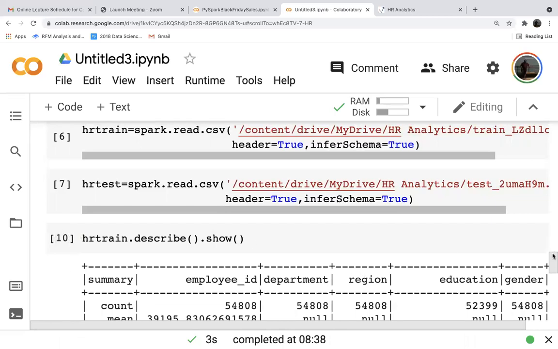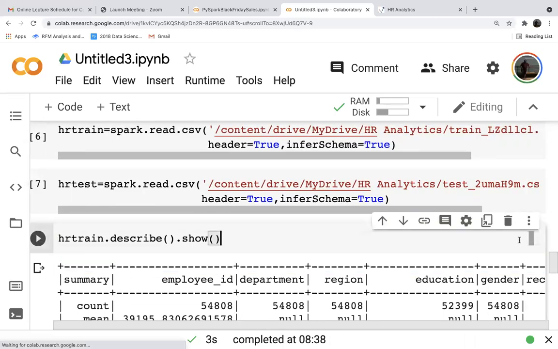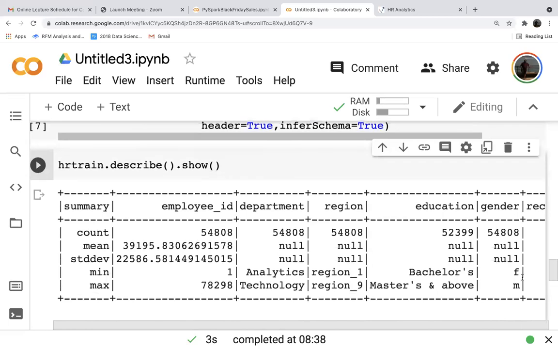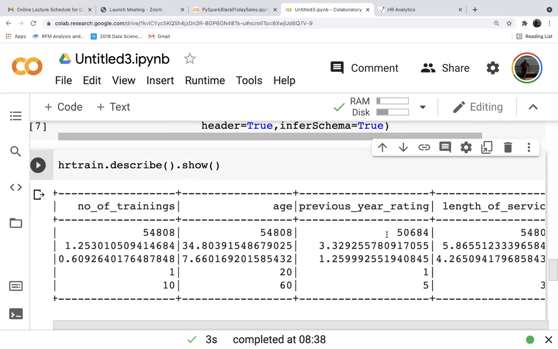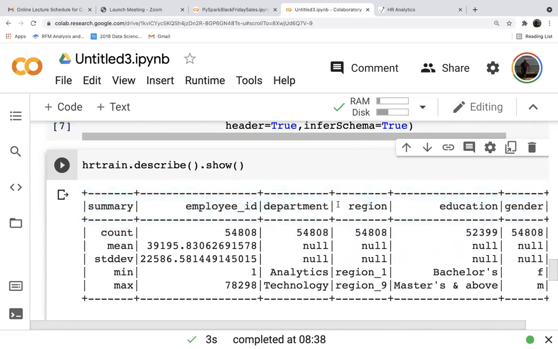So we have 54,808 observations in the train data. I think in education we have missing values. You can see it is less than 54,808. Then what else will have missing values? I think previous year rating also has missing values, 50,684. Overall, the data size is 54,808.